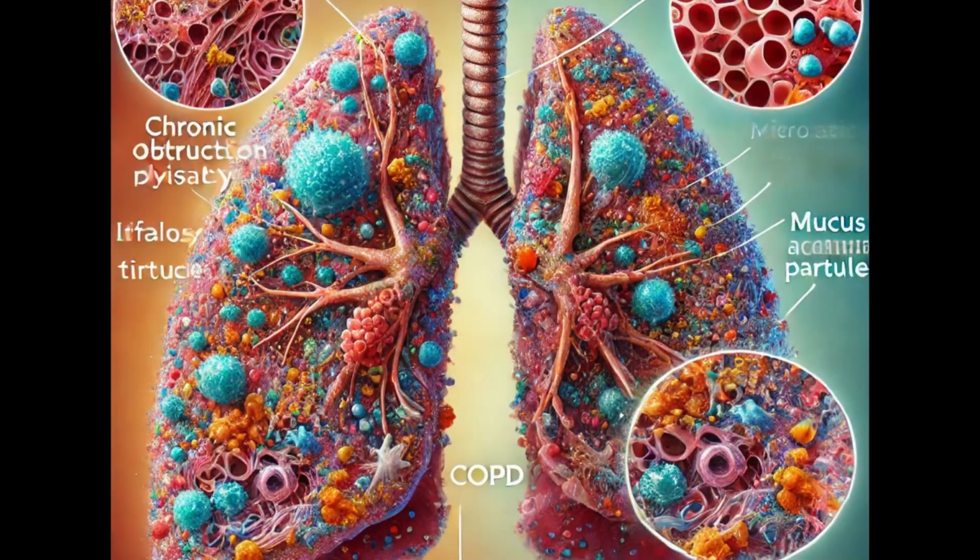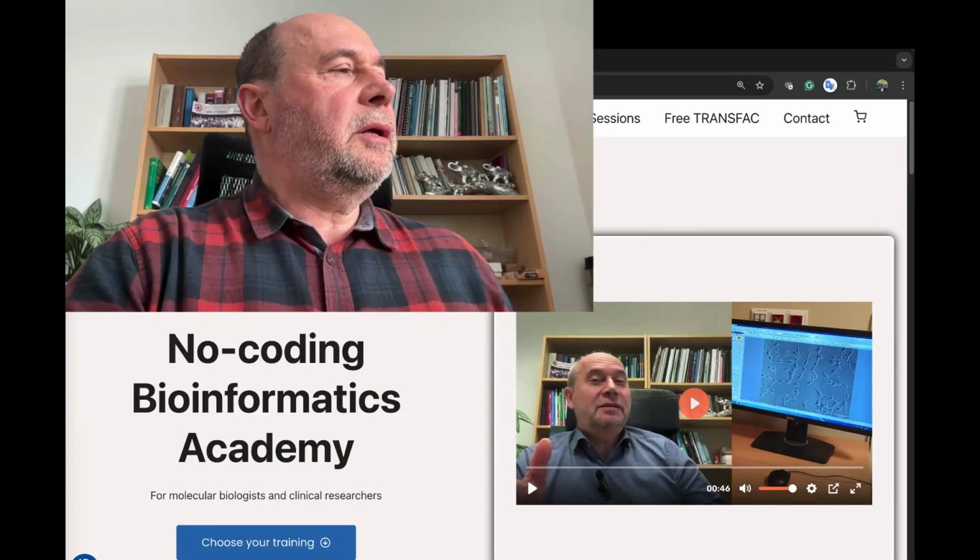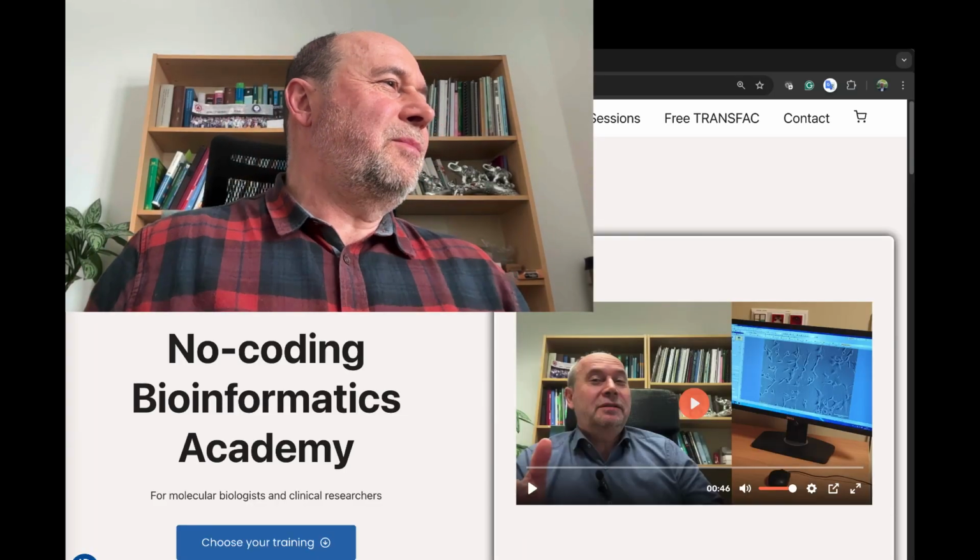When microplastics enter the lung of individuals who have COPD, it can cause lung damage, and it also changes the immune system response. It is a big concern, the influence of microplastics on the health of such individuals. I'm Alexander Kell, and you are at the channel of No Coding Bioinformatics, and today we are going to